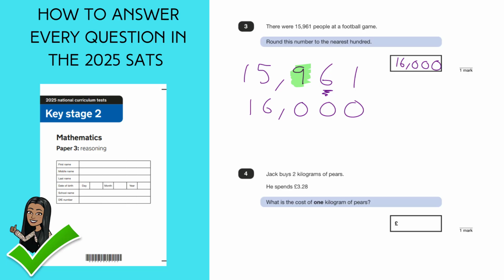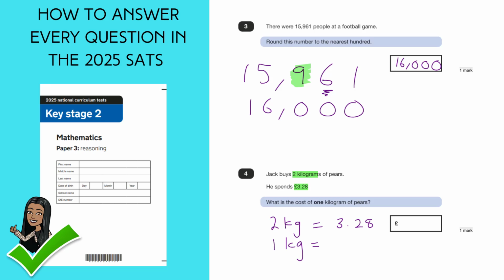Question 4. Jack buys 2 kilograms of pears. Might need to highlight that, 2 kilograms. He spends £3.28. What is the cost of 1 kilogram of pears? Okay, so if we know 2 kilograms equals £3.28, I'm actually just going to write it out again. 2 kilograms equals £3.28. What must 1 kilogram equal? Well, we can see that 1 is half of 2, so we are going to halve £3.28 to get the